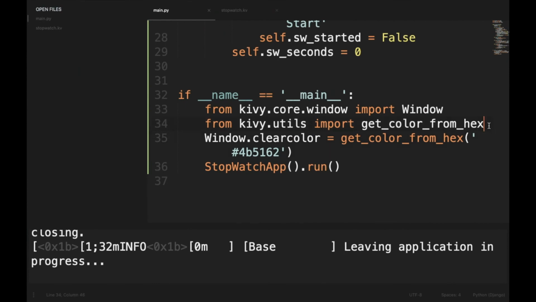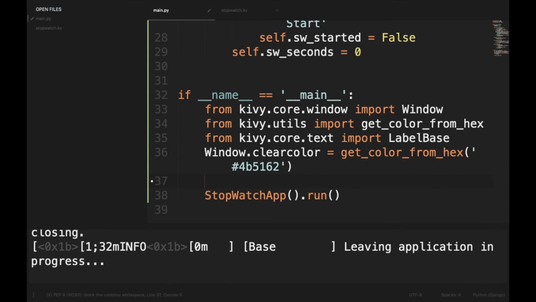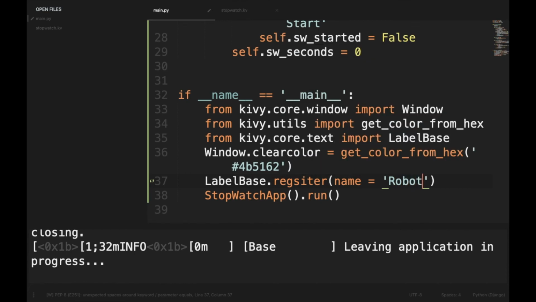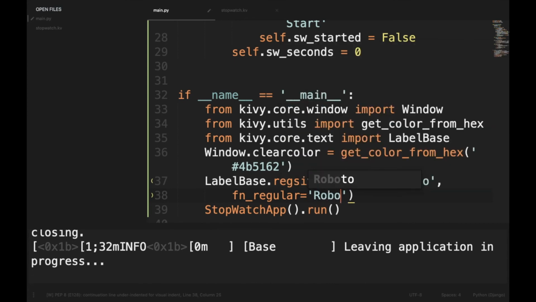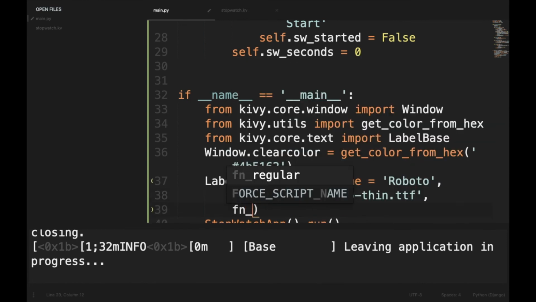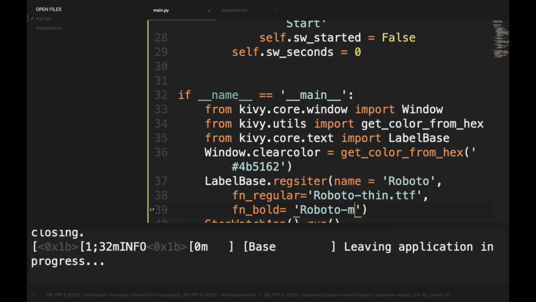Again, in our main class I will be doing from kivy.core.text import LabelBase, and under this we will be doing LabelBase.register name is equal to Roboto, and then fn_regular is equal to Roboto-Thin.ttf, and fn_bold is equal to Roboto-Medium.ttf.